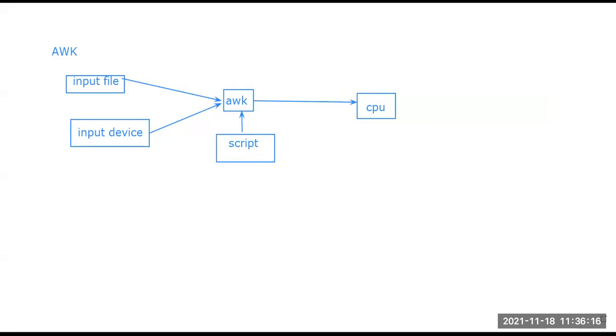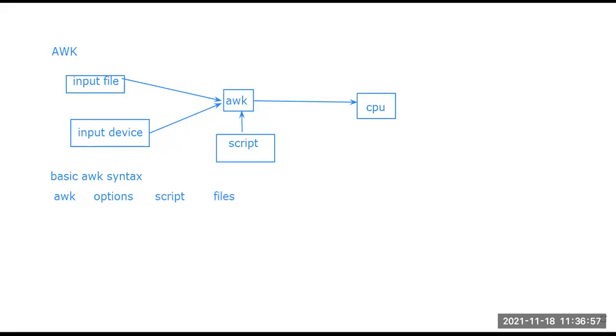Now, how does this scripting actually work? We are talking about the basic AWK syntax. There are four parts. What are the four parts? First one is AWK, second one is the options, third one is the script, and last one is the file. These four make up the basic AWK syntax: AWK, options, script, and file.